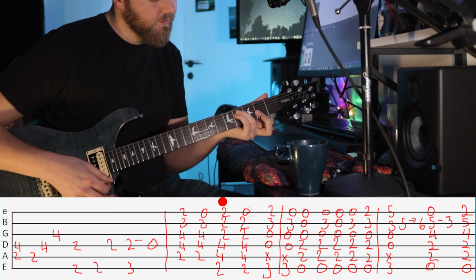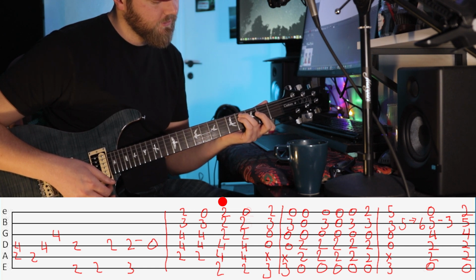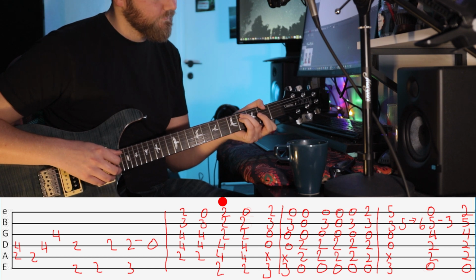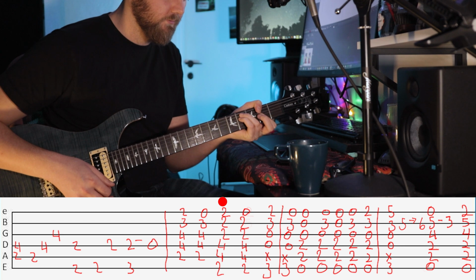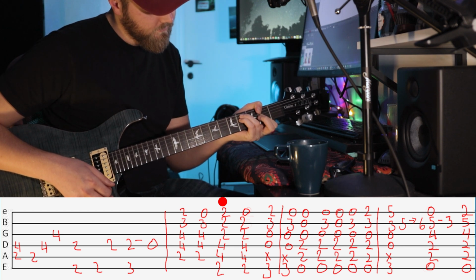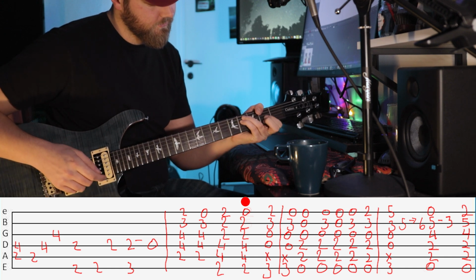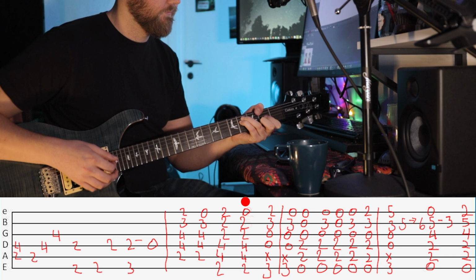And then bar the 3 strings here on the 2nd fret, then pinky and ring finger on the 4th frets, thumb over, and then lift off here and put your middle finger on the 2nd fret there. So there it's...